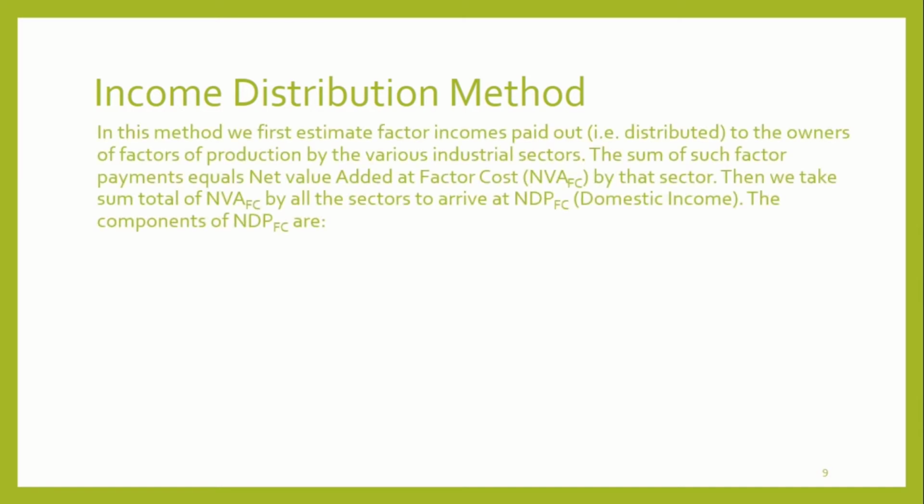In this method, we first estimate factor incomes paid out to the owners of factors of production by the various industrial sectors. The sum of such factor payments equals net value added at factor cost by the sector. Then we take the sum total of NVA at factor cost by all the sectors to arrive at NDP at factor cost. The components of NDP at factor cost are